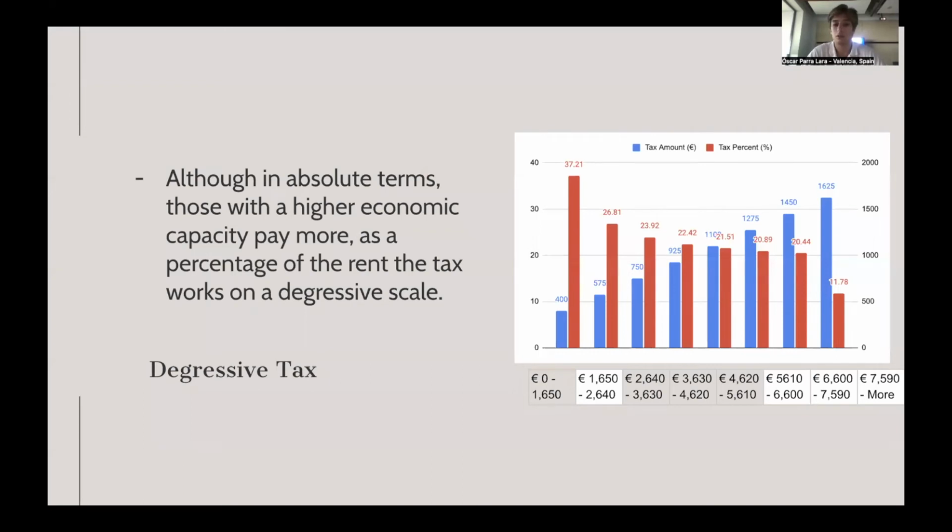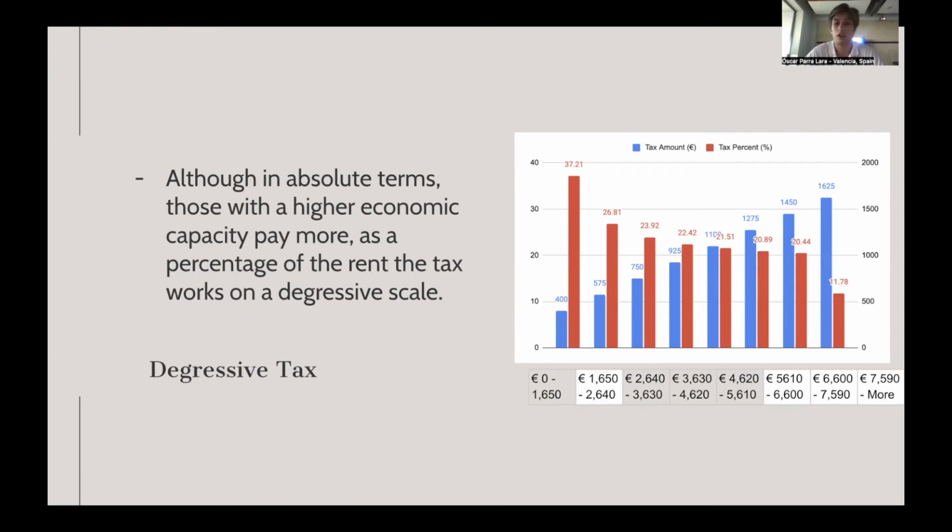In absolute terms, those that are on the lowest end of the tax bracket, so those that have a secondary rent of 0 to 1,650, do pay the smallest and lowest tax amount at 400, compared to those on the other end of the spectrum, those that have the highest tax bracket that pay a little over 7,500 in rent, and then in absolute terms, they pay 1,625 in tax amount. However, if we look at the tax percentage,